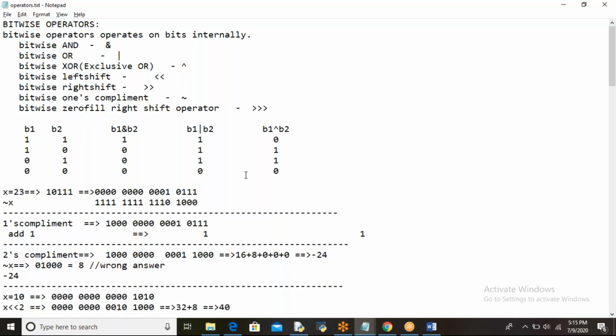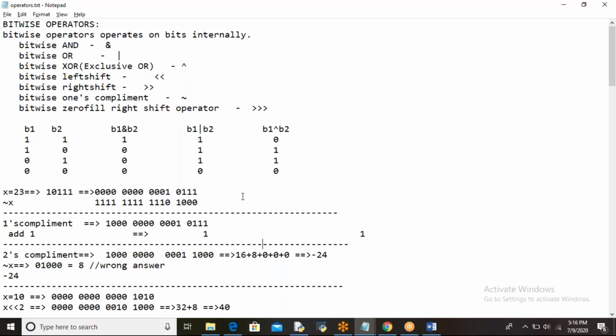Actually, up to now, all the operators you have discussed operate on values. Up to now, we have discussed arithmetic, relational, logical, increment and decrement operators. All this we have discussed, right? But all those operators operate on values.